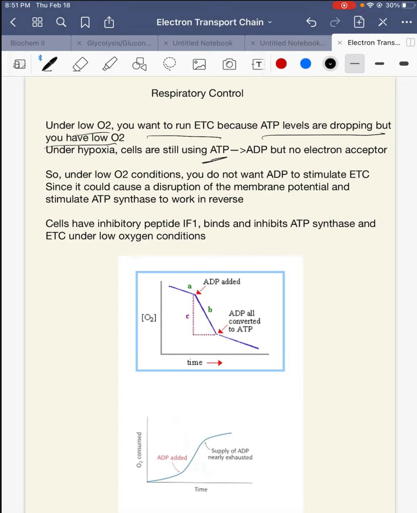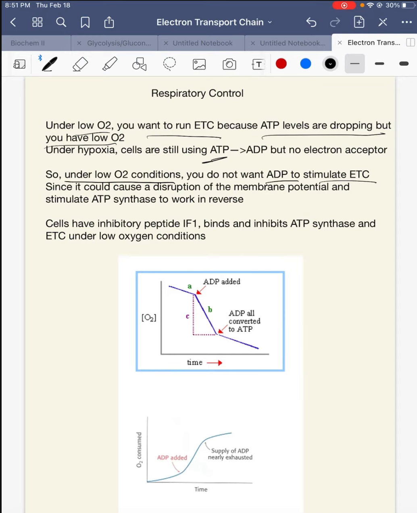So what happens is, under low oxygen conditions, we don't want ADP to stimulate ETC to run forward, because then we'll just start hydrolyzing ATP. And this disrupts the membrane potential because we don't have the oxygen to act as an electron acceptor, so we don't have the gradient, and then ATP synthesis can work in reverse, and it ends up being worse than what we started at. So we can't run ETC, and we can't have ADP